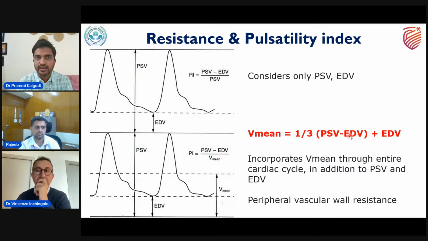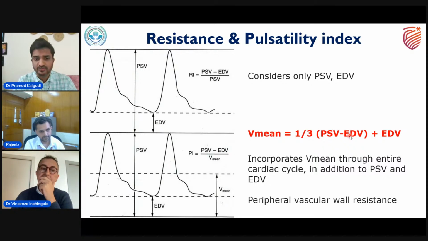So it takes into account the compliance as well as the entire cardiac cycle. That makes it more reliable to depend upon, or to have a good correlation with peripheral vascular resistance, than the resistive index. Most of the literature we have is based on the pulsatility index, and even in most research papers, the authors represent the pulsatility index as an indicator for peripheral vascular